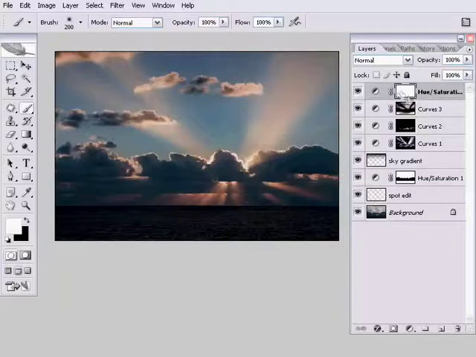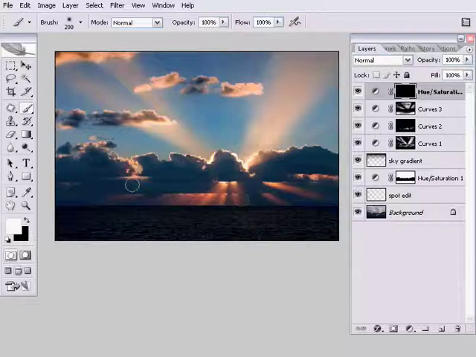And on that layer mask there, once again I'm going to fill the layer mask with black. Black is my background colour, so Control or Command Delete fills with the background colour. I tell you that every time, and it's going to go in eventually. And I'm just going to try painting in this desaturation just on the clouds. This is going to be tricky because there's so much light with that lovely orange colour and